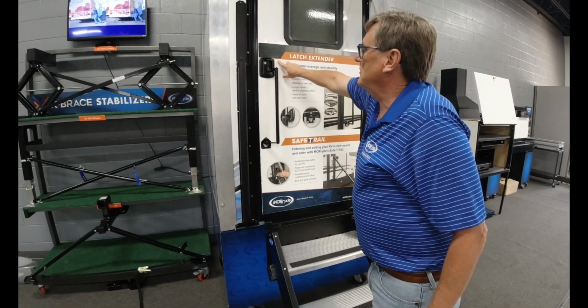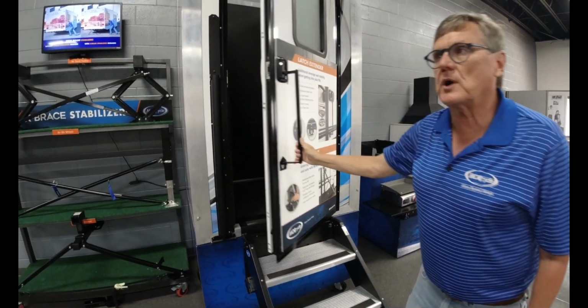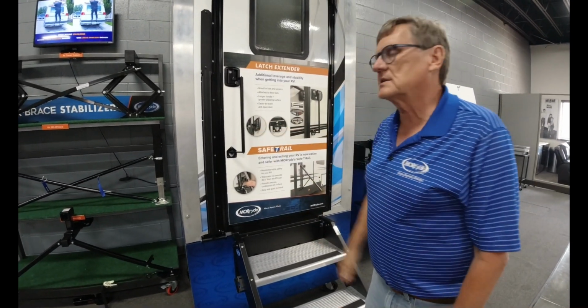It will work with an RV lock, because all we're doing is attaching to the paddle. So this has been a product that's been out for a little over a year, year and a half, and it's going great guns in the aftermarket. It's simple, easy,